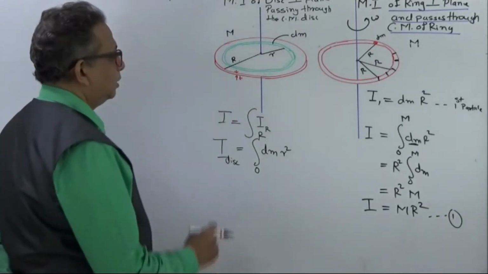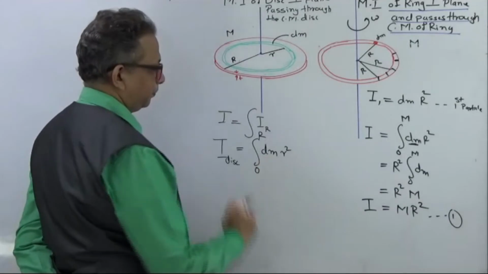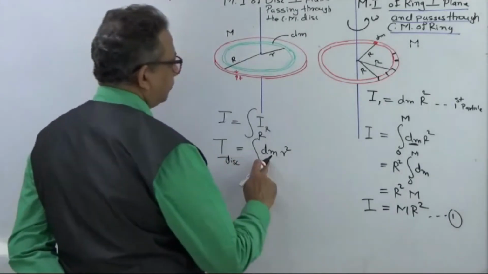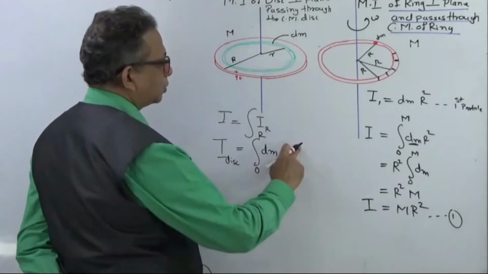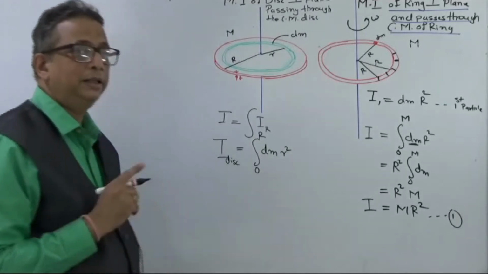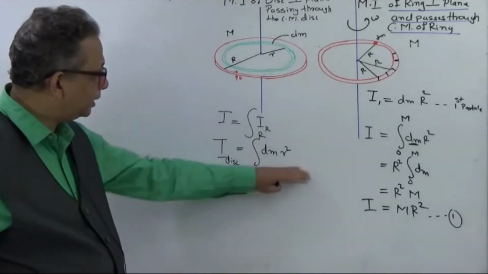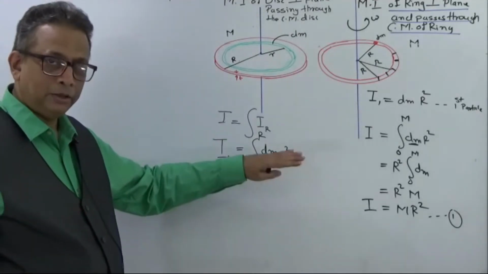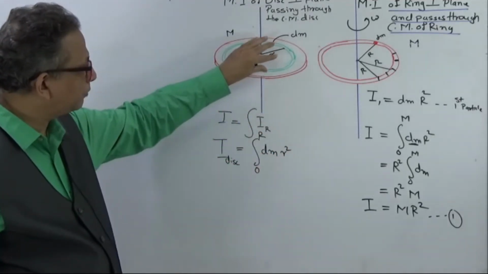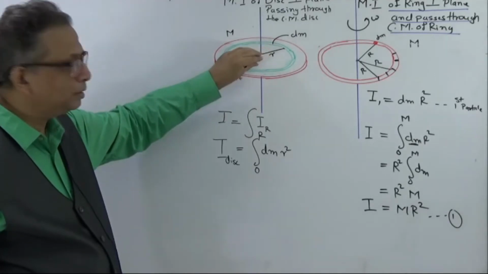And the mass of that ring is dm. If I have to integrate r², it should be multiplied by dr. We had seen these rules for integration. This is the summation of all the rings of reducing radius,